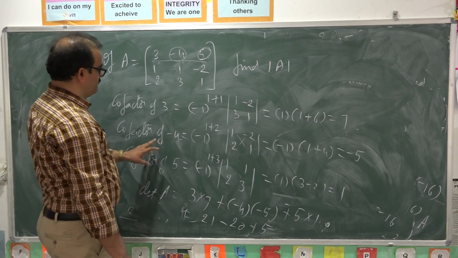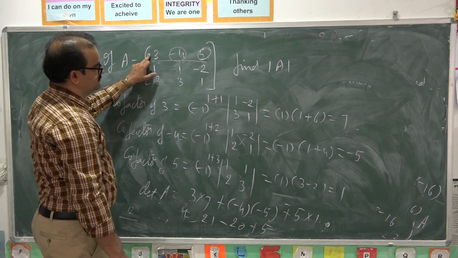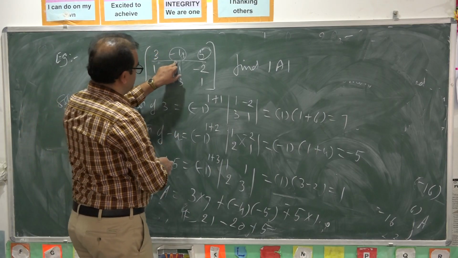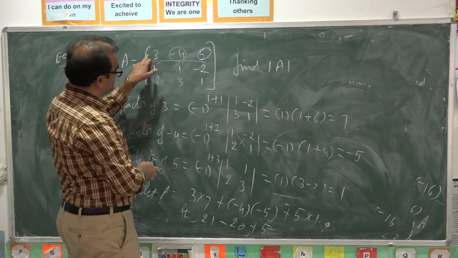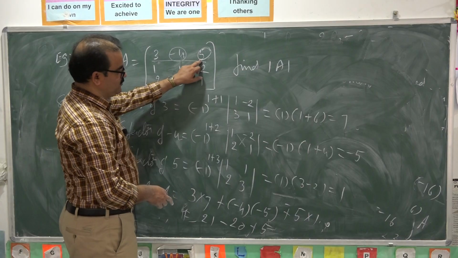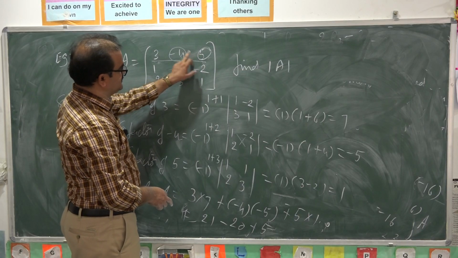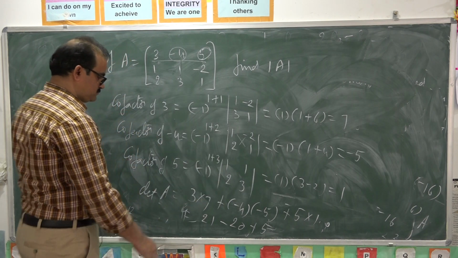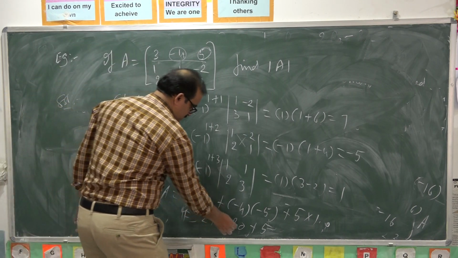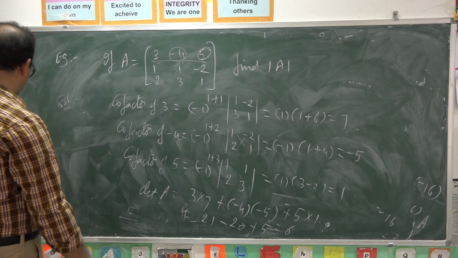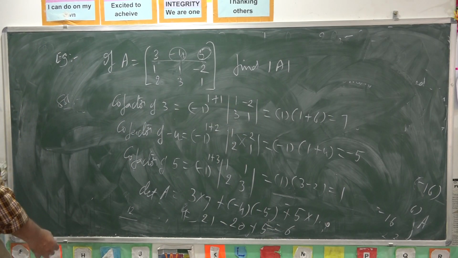Generally, while finding cofactors, here you get plus sign because it is in first row and first column. Here you get minus sign because it lies in first row and second column. 1 plus 2, that is 3. Here, again you get plus sign because it lies in first row and third column. 1 plus 3 is 4. 21 minus 20, 1 plus 5, that is equal to 6. That is the determinant value of that 3 by 3 matrix.